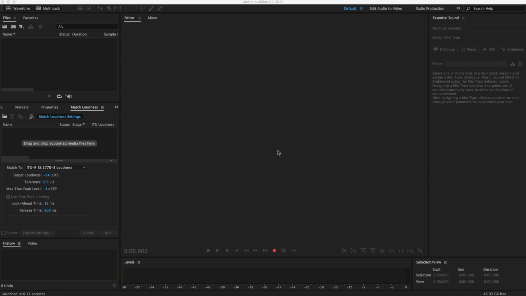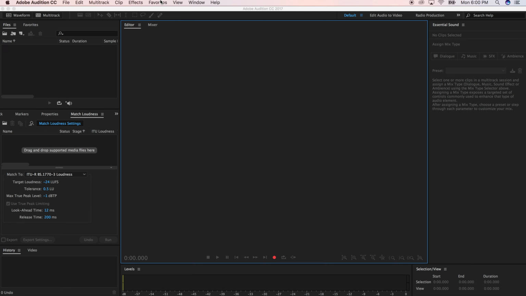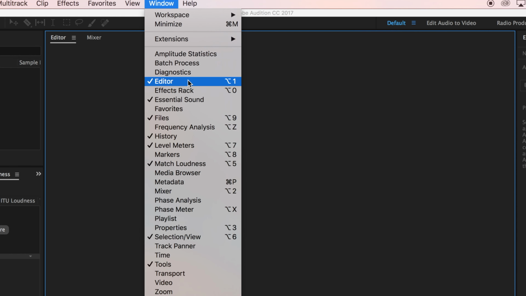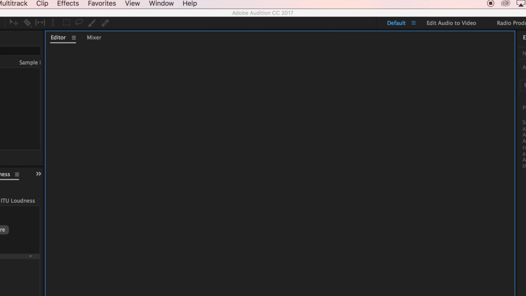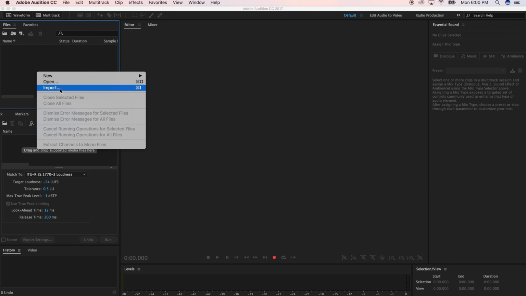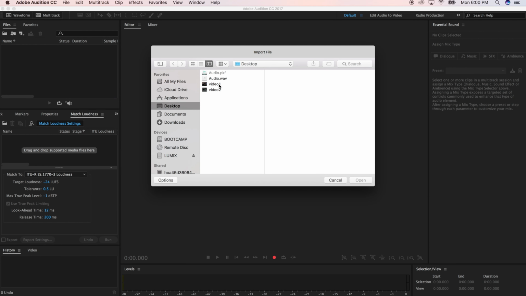So first things first, you want to open your audio file into the editor. But before you do that, you just want to make sure that you have the right windows open. So click on Window and make sure Files and Match Loudness are checked. Let's go to Window. So Files is checked and Match Loudness is checked. And then on the left tab here, you want to right click and click Import and look for your audio